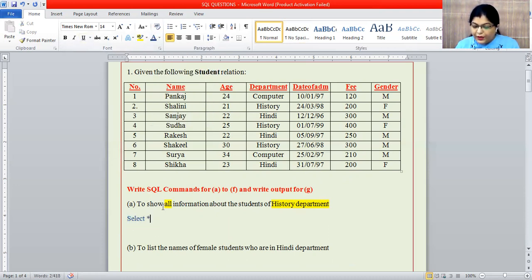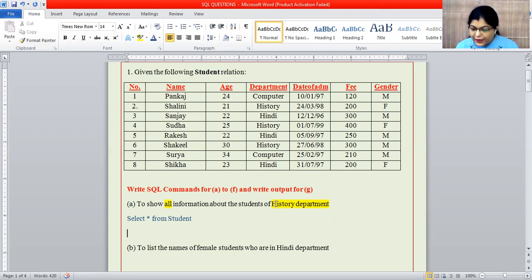Wherever all is coming, we have to write a star here. So the answer is: select star from table name. Every time after the from, you have to write a table name. Here the table name is student. So we write: select star from student.